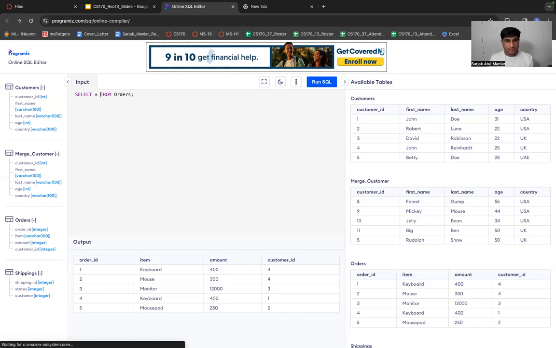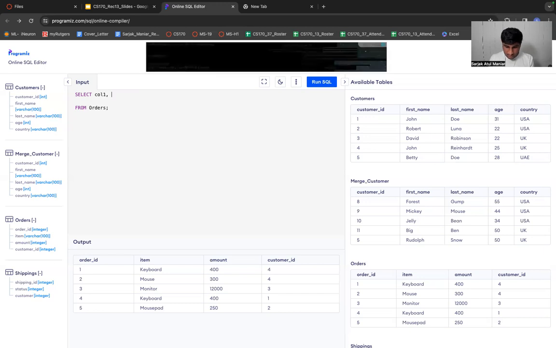Of course, it would be very difficult to manually select column 1, column 2, column 3, and so on till column 1,000. Doesn't make sense. For that purpose, the creators of SQL came up with this tiny little symbol which simplifies selecting everything from a particular table. So I say select star from orders.